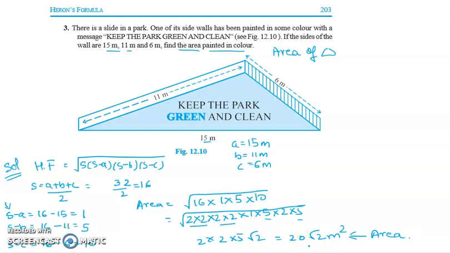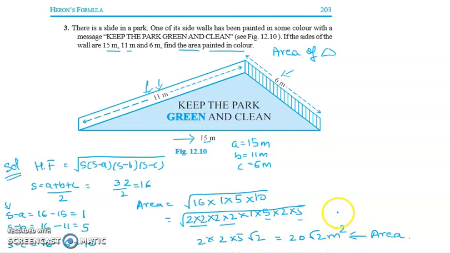So this figure is just given for understanding. Don't get afraid seeing the figure wondering how it will be solved. You have to simply see the sides. What are the sides? Sides are 11 meter, 6 meter and 15 meter. Substitute in Heron's formula and simply solve. I hope you have followed this pairing, students: 2 from here, 2 from here, so I will not put the square root; and this one pair, so 5 from here into 2. The 1 does not make any difference. So simply solve: 4 times 5 is 20, so 20 root 2 meter square.